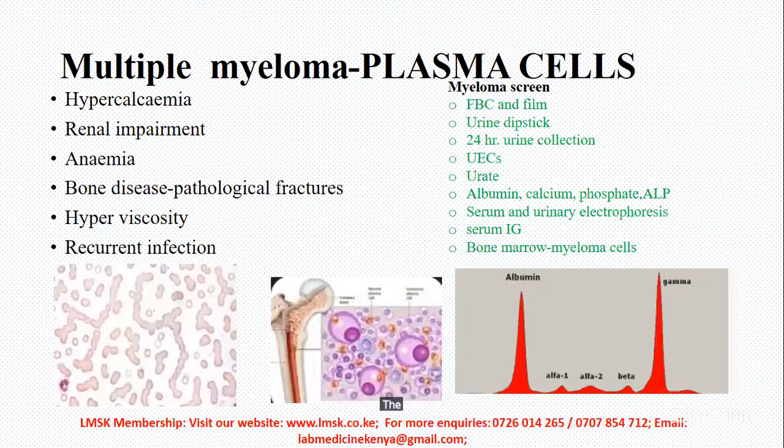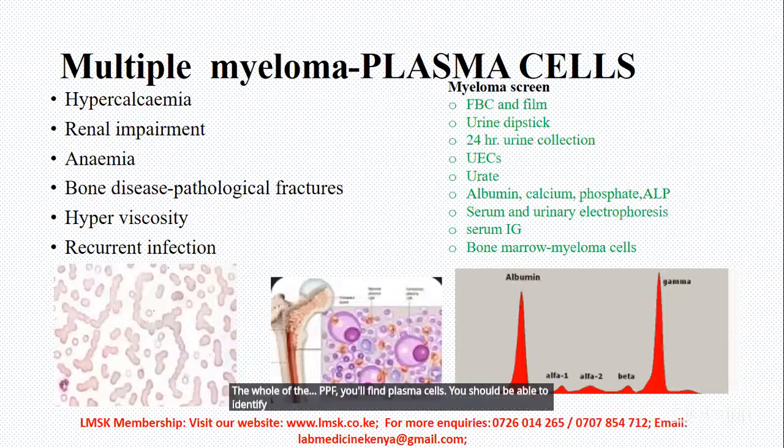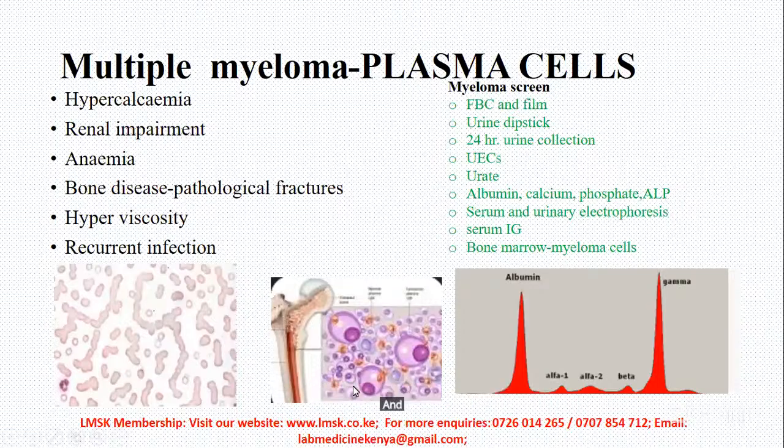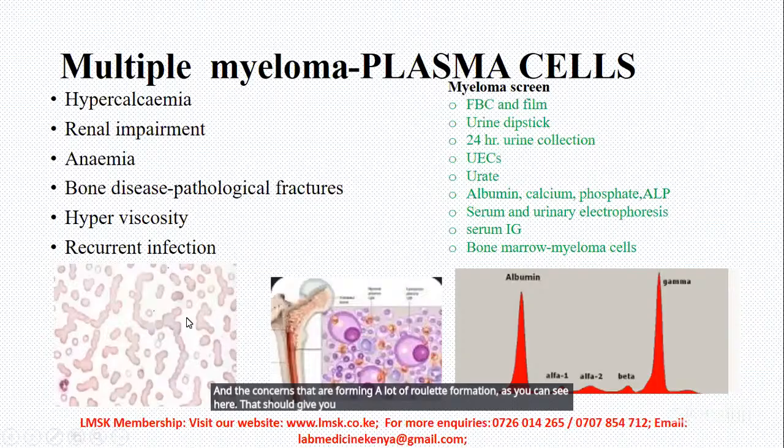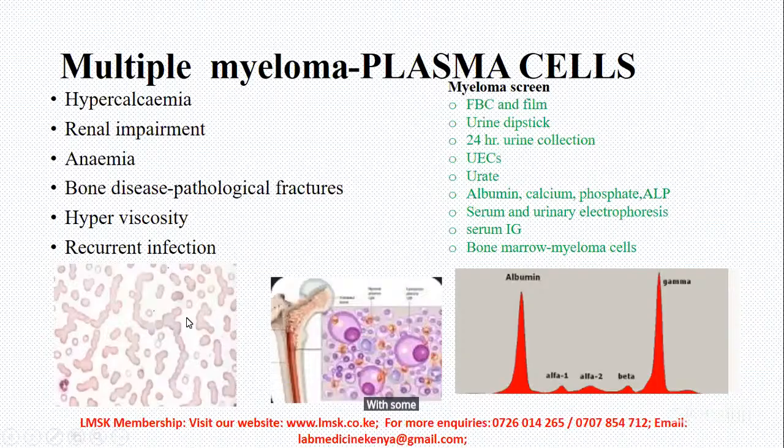of the PPF, you'll find plasma cells. You should be able to identify a plasma cell on a PPF, and the cells that are forming a lot of rouleaux formation, as you can see here. That should give you an indicator of this with some anemia that's not